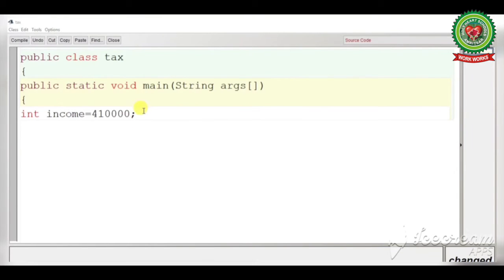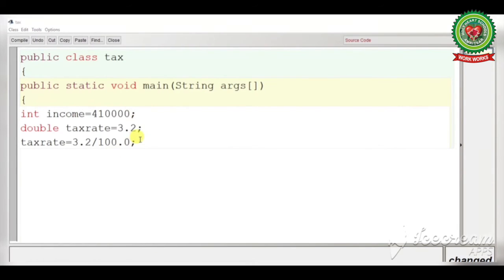So the fixed tax rate that they have given in the program is equal to 3.2. So students, you can see here I have not declared the tax rate variable. So we will declare it with the double data type because our value is in decimal point. So I have taken double taxRate equal to 3.2. Firstly, we will solve it. taxRate equal to 3.2 divided by 100, then semicolon.